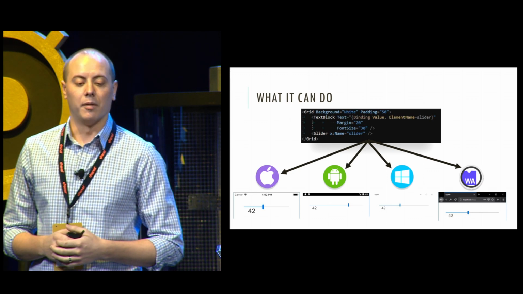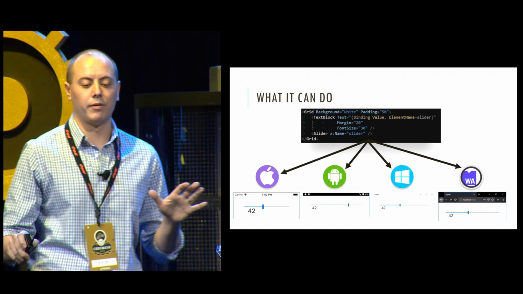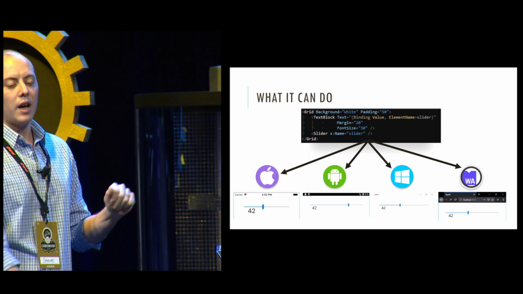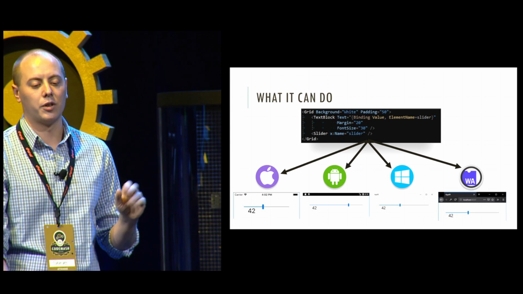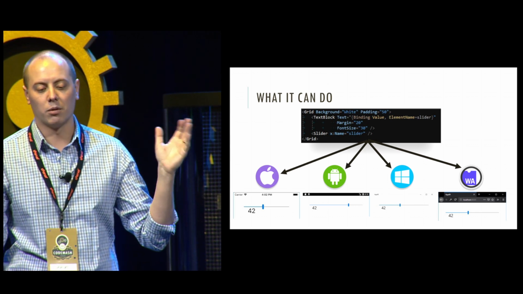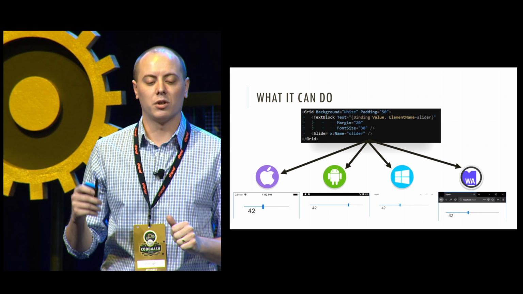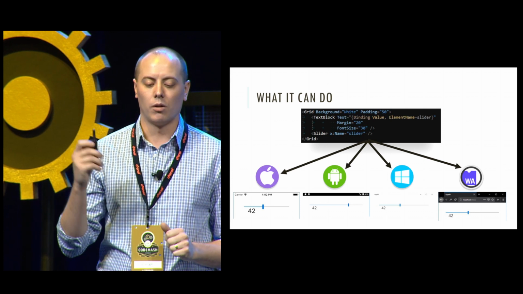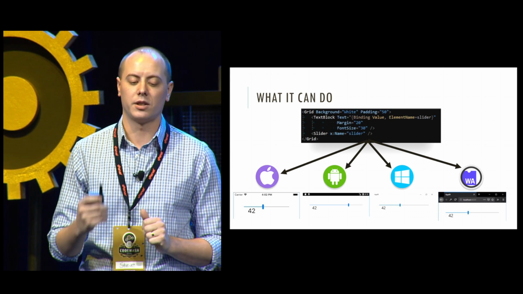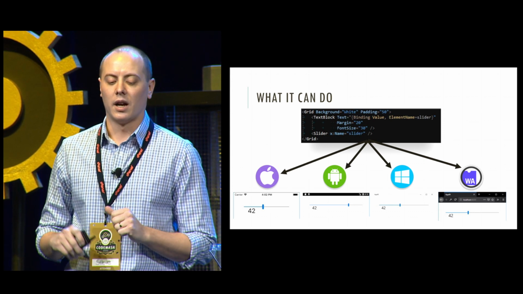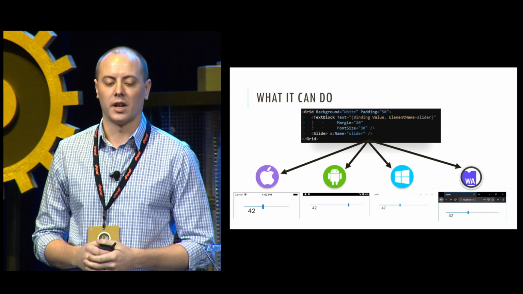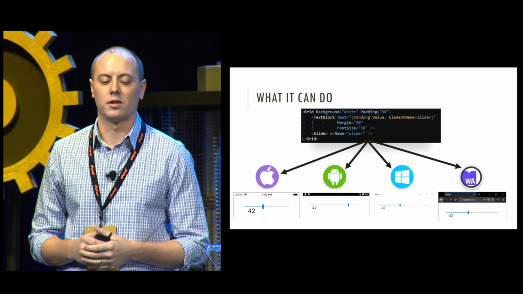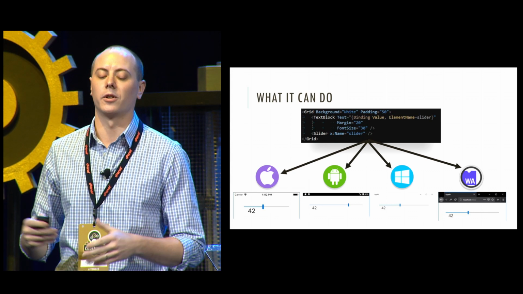So if you look up here, this is just a quick view of what you could do with UNO. This is just with the Windows 10 UI APIs with XAML. You have your grid, a text block, which is a label, and a slider. Using the UNO platform, you compile this, and you'll get all 4 of your heads compiled. So you have your iOS, your Android, your Windows, and your WebAssembly, all with the native views being displayed. And that's all generated from the XAML, and so it's 100% code reuse for your UI logic.